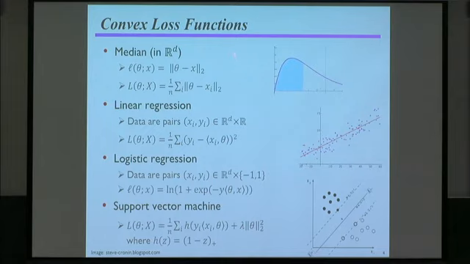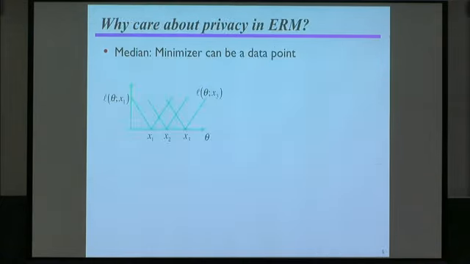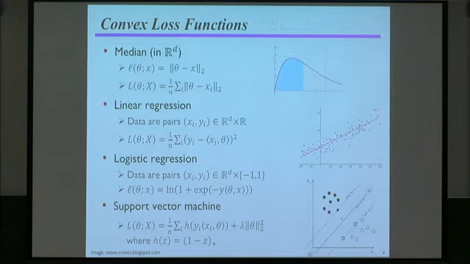Okay, so the point is that all these examples fit in the same broad framework of convex optimization. So if we give algorithms for optimizing decomposable loss functions in general, then we in particular give algorithms for all these problems. Okay. Any questions? All right, so why should we care about privacy in